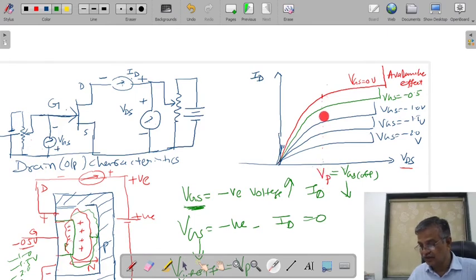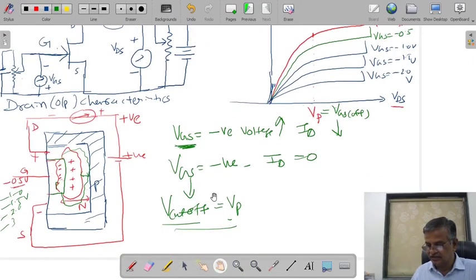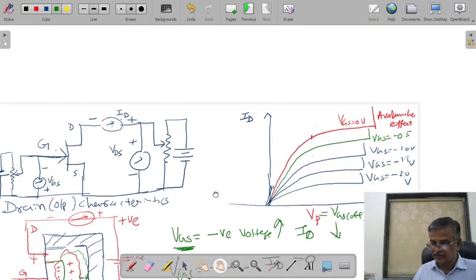Now, again, you increase the negative voltage, -0.5, -1, your drain current decreases. You can see here, at a certain value of the gate source voltage, your drain current is 0. It is called cutoff. What is called cutoff voltage? Now, we'll take the